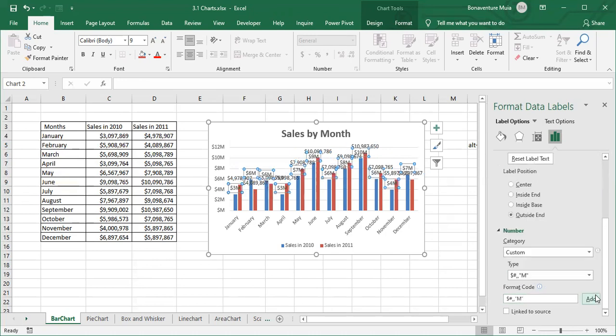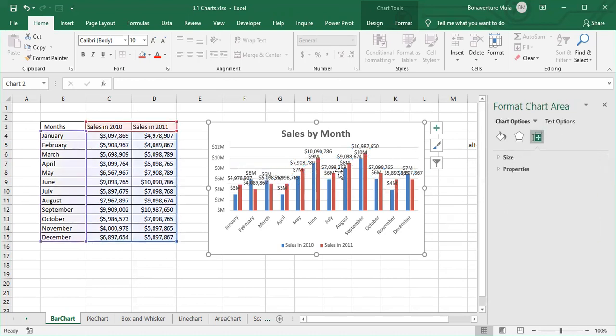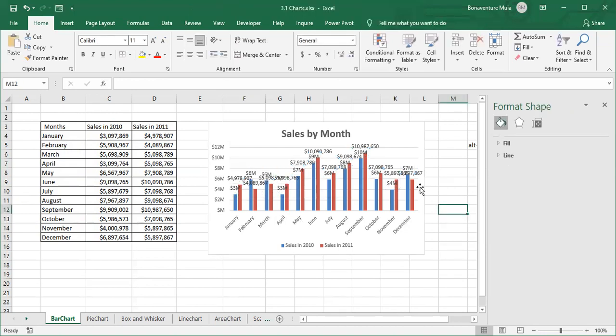Then click OK. So once you click OK, you're going to see that instead of having so many zeros, we have 6 million,